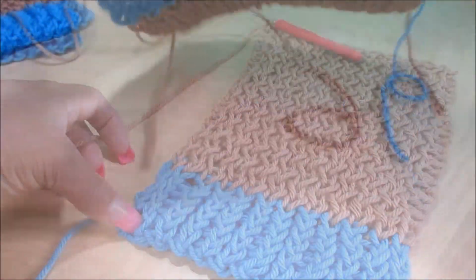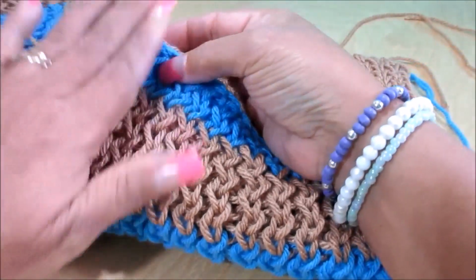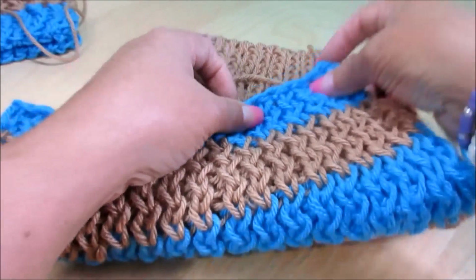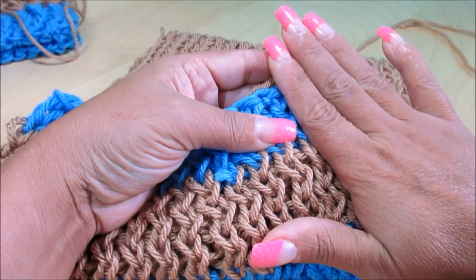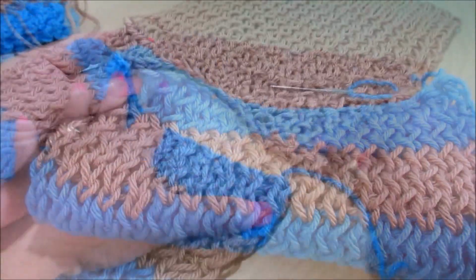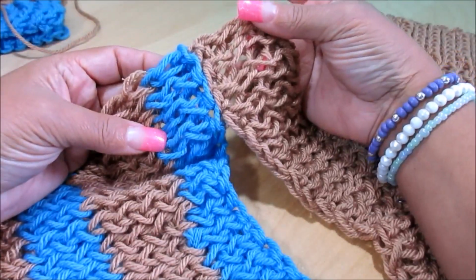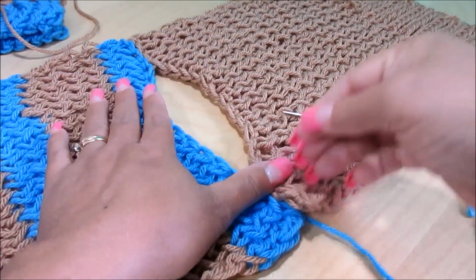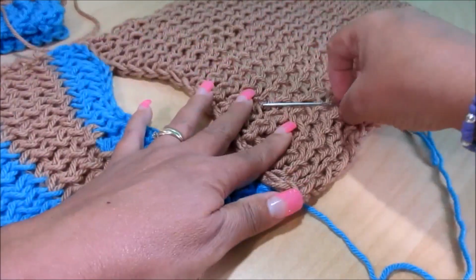arm, okay? Now with this tail that you left here, you're gonna sew on the shoulder like the width of 3 fingers here, and the same on the other side. You're gonna sew like 3 in here, okay? With this tail. Here I'm gonna show you how I did this side here, okay? So when you sew here, the colors don't look that big, but they stretch, you see? So it's very